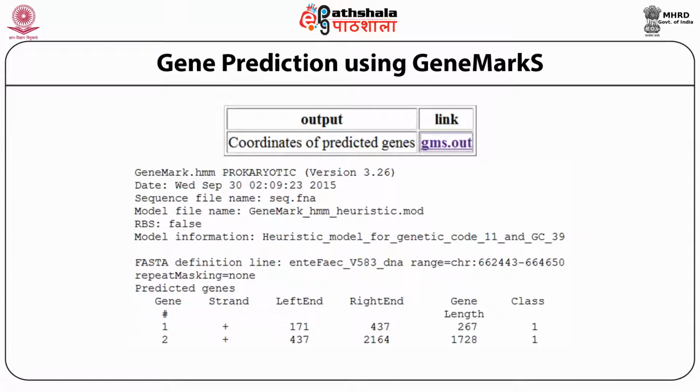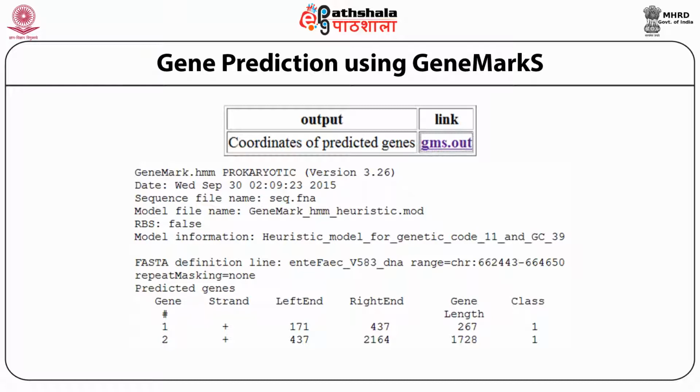This prediction shows two genes, the first from position 171 to 437 and the second gene from 437 to 2164. There is no spacer DNA between the two predicted genes. On the other hand, the last nucleotide in the DNA at position 437, which is the last nucleotide A in the stop codon TAA of the gene EF0709, is the first nucleotide, that is the A of the start codon ATG